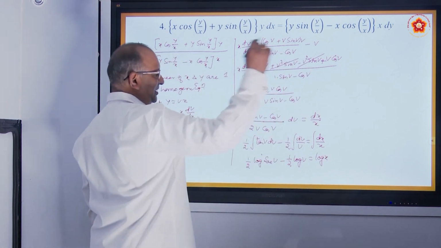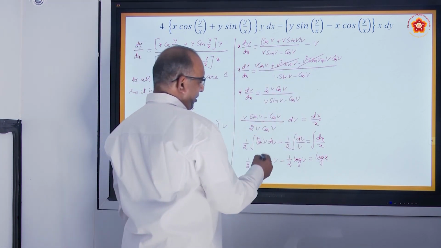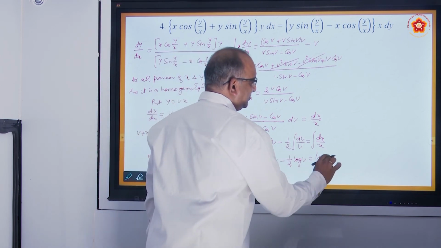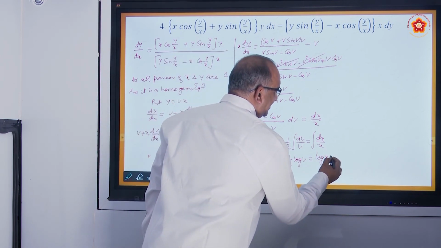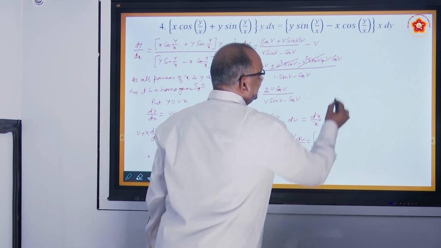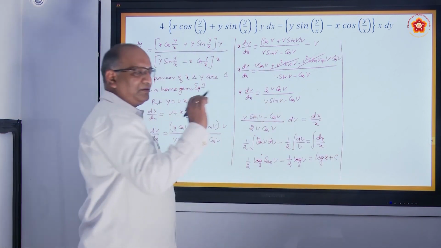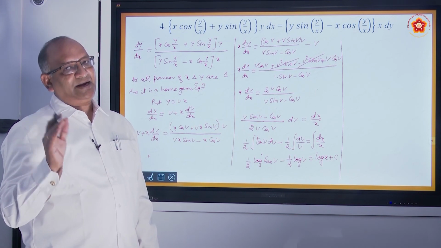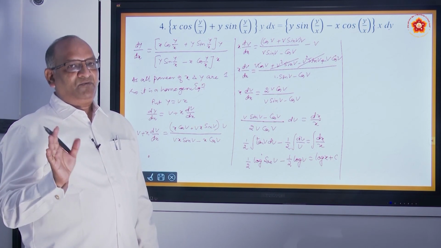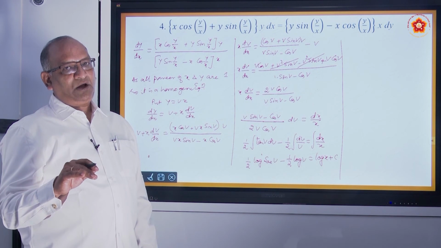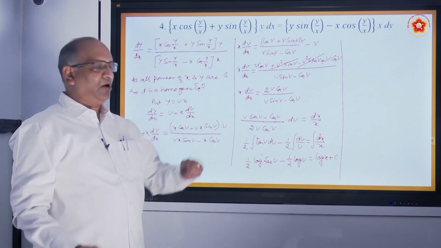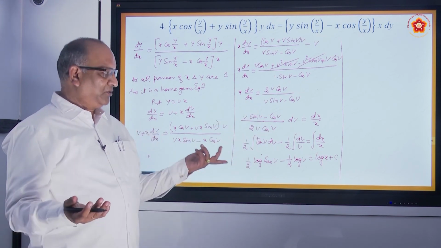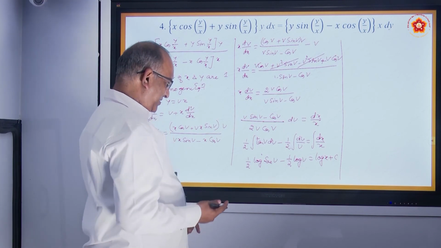Since all the terms are in terms of log, if you wish, you can write it as c, or you can also write it as log c. Both are correct. You can write constant as log c, you can write constant as c. Why we are thinking we can write it as log c? Because all other terms are with log. Okay, that is the only logic, there is no other logic.